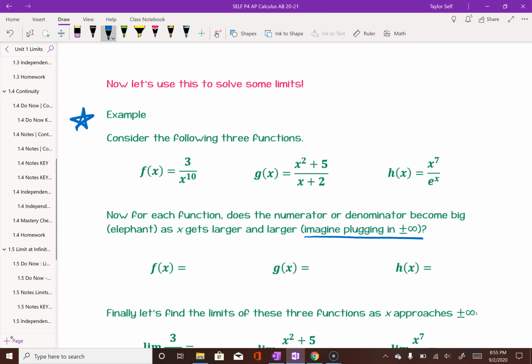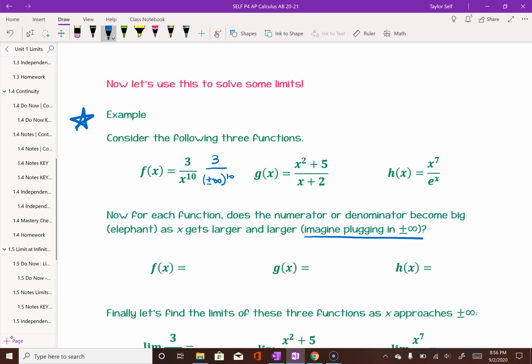Okay, so what I'm going to do here is plug in plus or minus infinity on these 3 functions so that we can imagine which one's getting bigger, the numerator or denominator. We're not even writing what it equals. We're just imagining. So I'm just going to plug it in right here next to it. So we're imagining we plug in plus or minus infinity